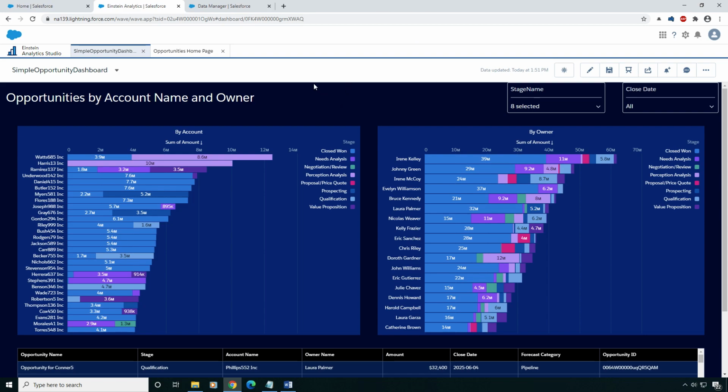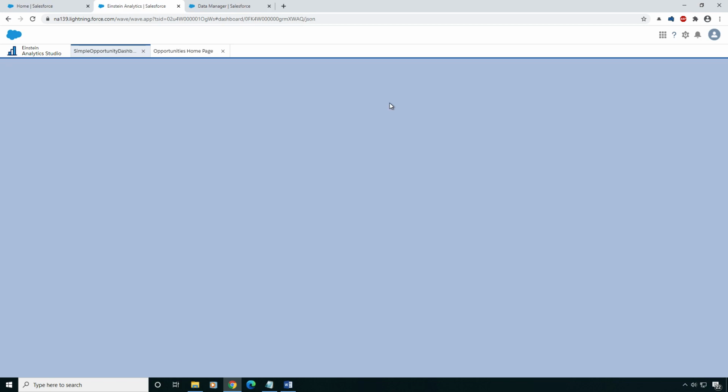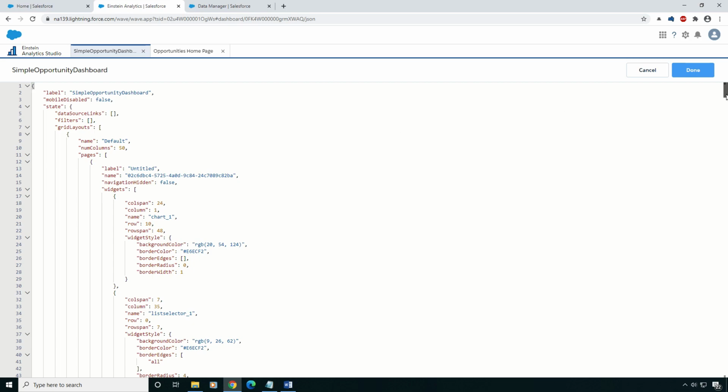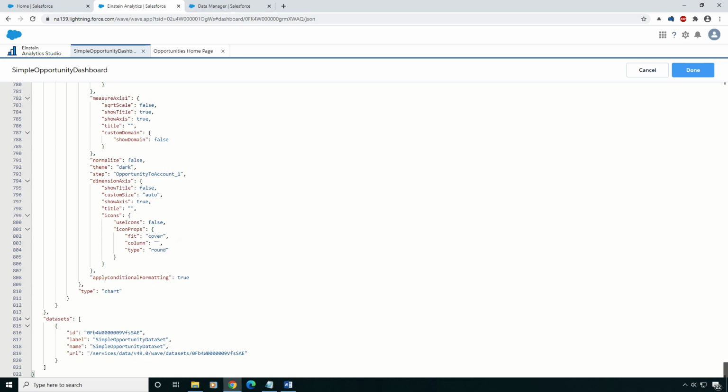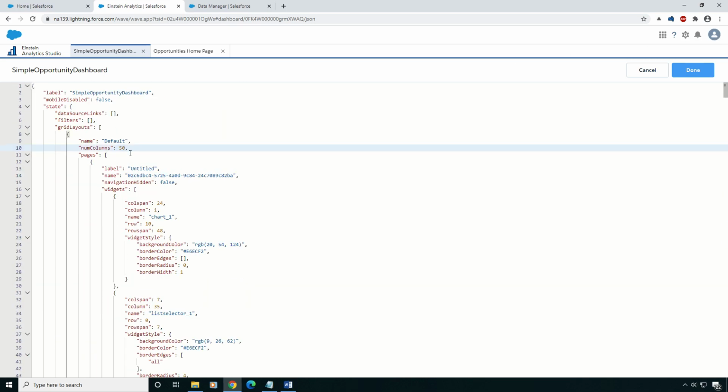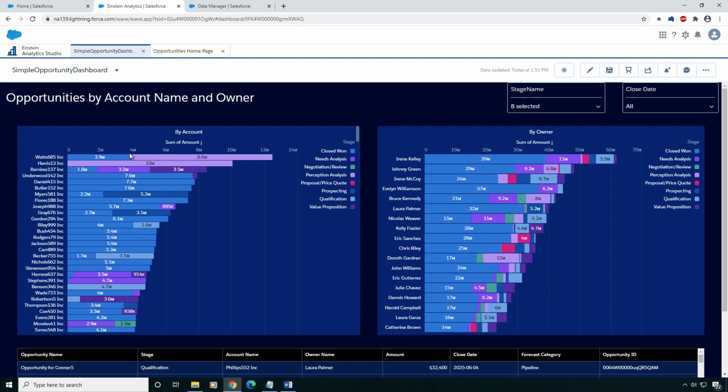I call these advanced topics because this involves getting a little bit more familiar with the back side of the dashboard. And the back side of the dashboard is what happens when you hold your control key and press E and you start looking at what's called the JSON for the dashboard. There are some improvements that Einstein has made so that you don't necessarily need to go to that back end completely, but it still is advanced because the concepts of taking the results from one set of dashboards and using those as a filter criteria for another is something that's kind of tough to wrap your head around, and that's